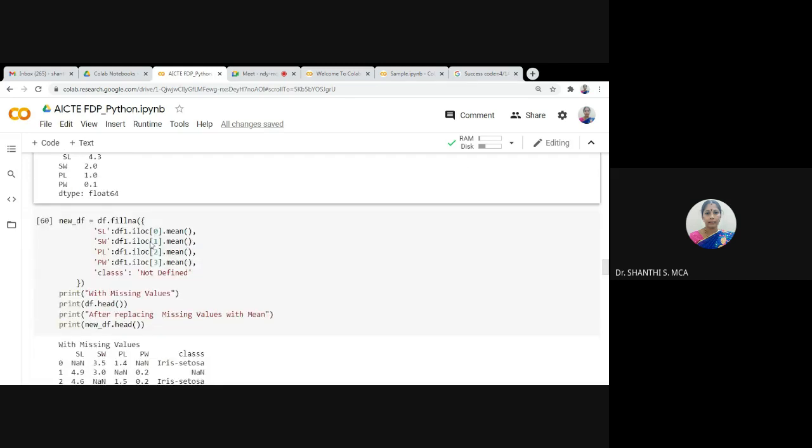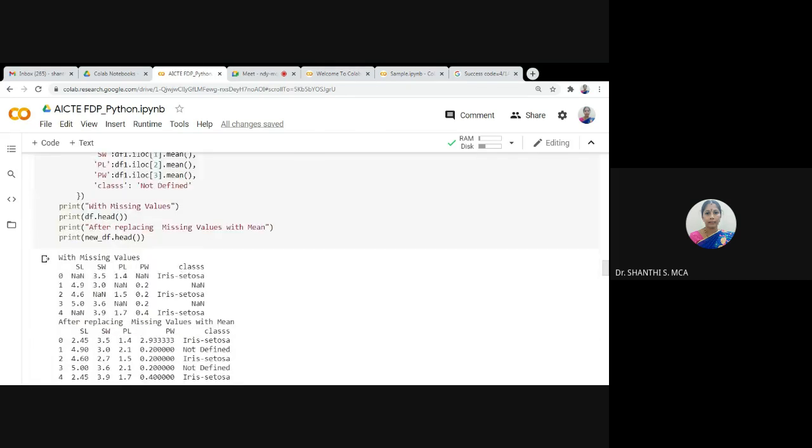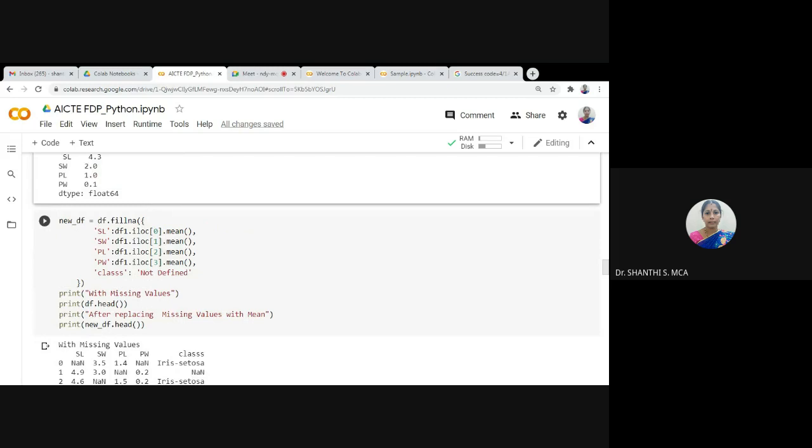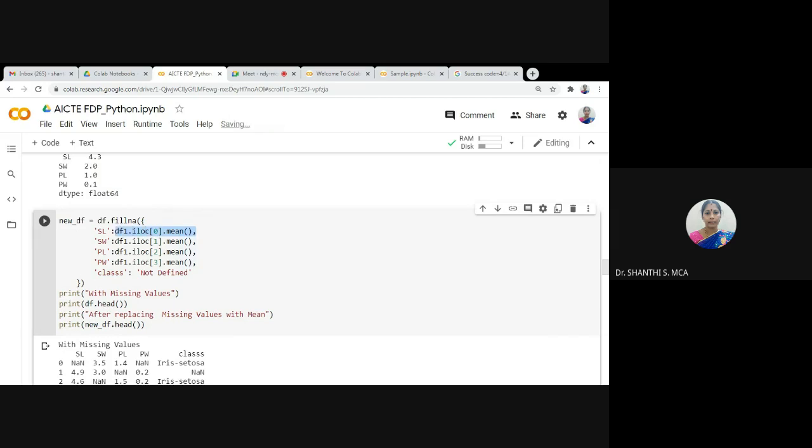So here we are replacing with, you see this code, fillna with, so this portion is to find the mean of the first column. Okay. First we find the mean for the SL column, and we assign that mean to the missing value. Similarly, we find the mean for the second column. That mean will be assigned to the missing values of SW. Okay. For the class column, I am using only the constant.